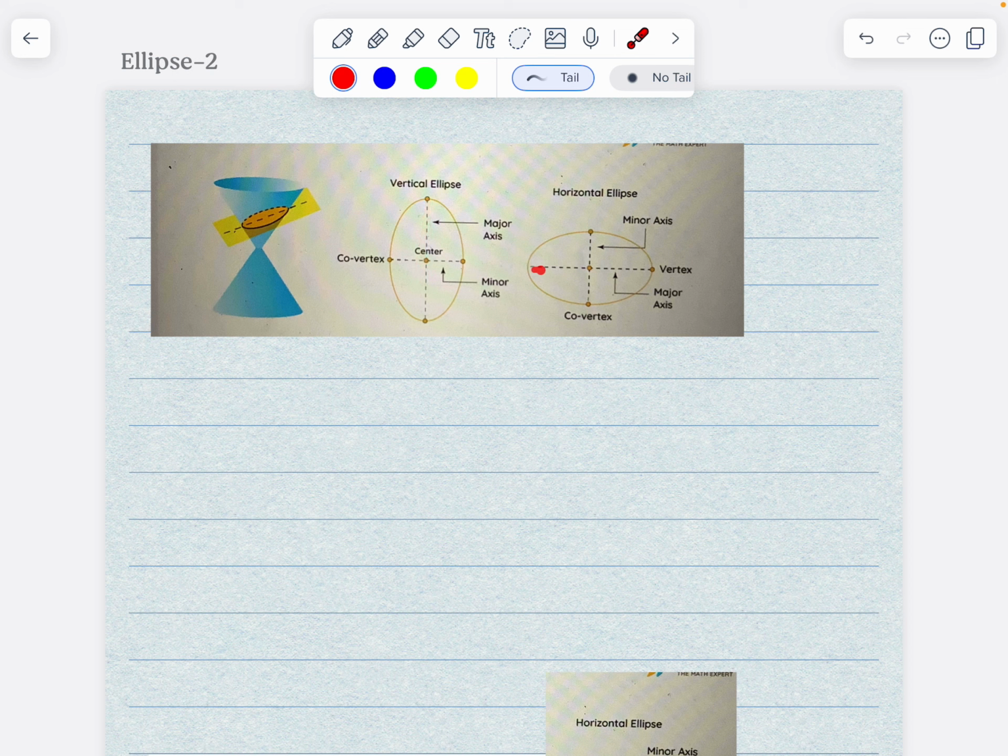Again, same thing in the horizontal. You have the major axis, it's just bigger, and the minor axis, which is smaller. And the focus points always lie on the major axis. So in the vertical ellipse, the focus points will lie here, and on the horizontal ellipse, the focus points will lie here. So consequently, what happens is the major axis